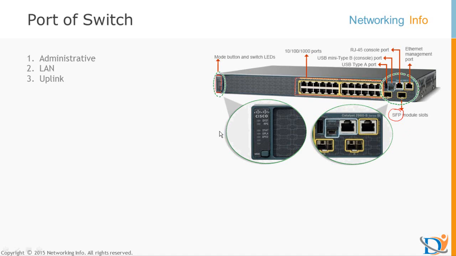Uplink port, generally this is a different type of port we use to connect switches together. You will not see it in all the devices, but in some devices you will see an uplink port. If you want to connect one switch to another switch, you use uplink instead of using other ports, so you will be aware that the connection between switches is uplink. That's the agenda to have the uplink, but in this device you don't see any uplink because it's not